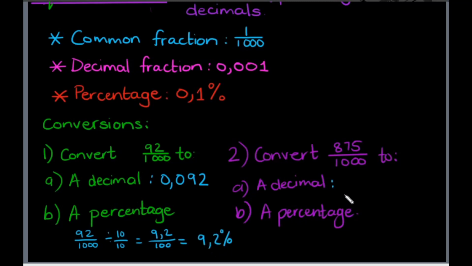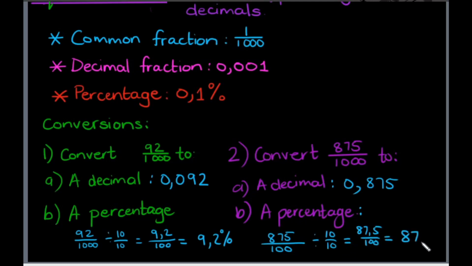In number 2, we have to convert 875 over 1,000, firstly to a decimal. So this will be 0,875. To convert 875 over 1,000 to a percentage, I'm going to do the same thing as I did in the previous question. So 875 over 1,000, I'm going to divide it by 10 over 10. And this is going to give me 87,5 over 100, which will be my percentage of